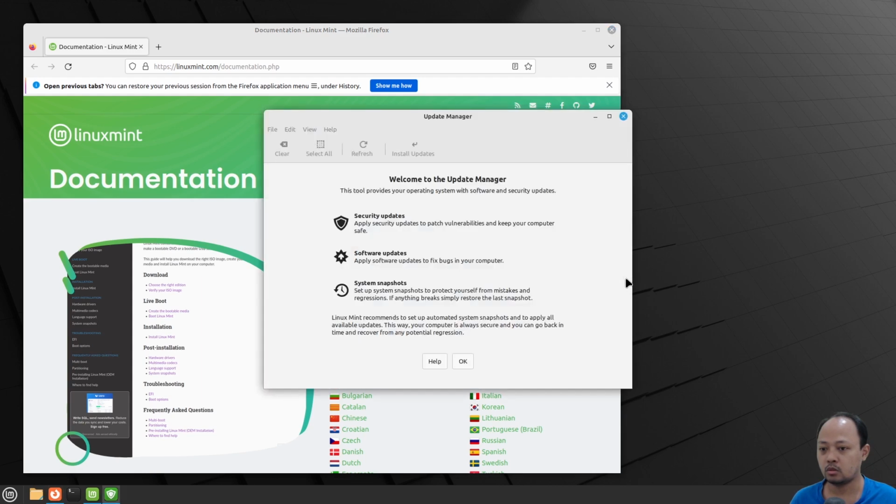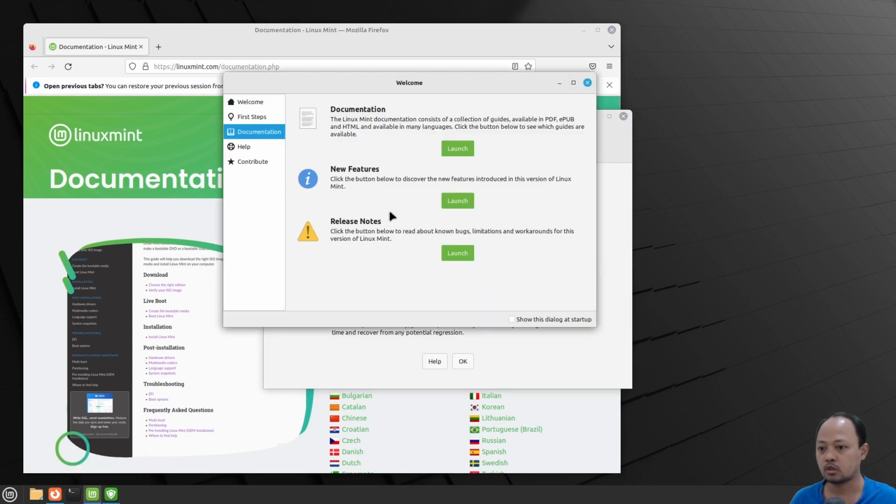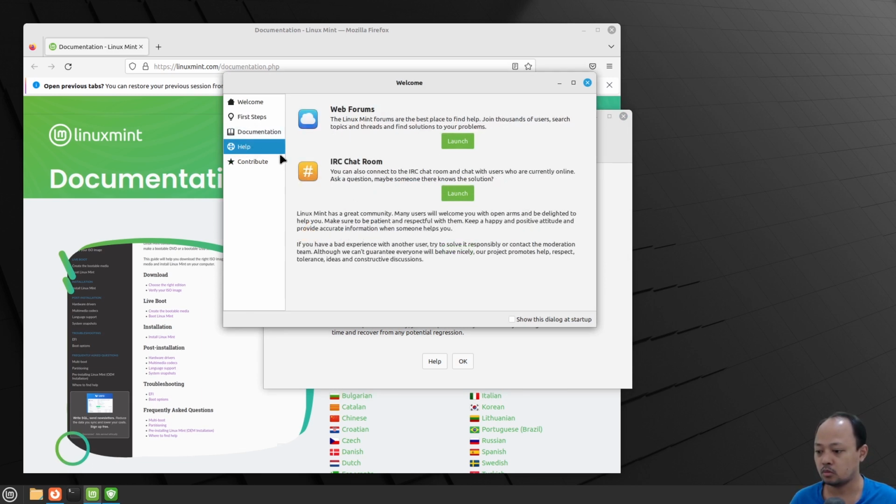Okay, go back to the welcome screen. From the help menu, we can see how we can get help. There are two methods, from the web forum and from the IRC chat room. Just click the launch button and you can get there.